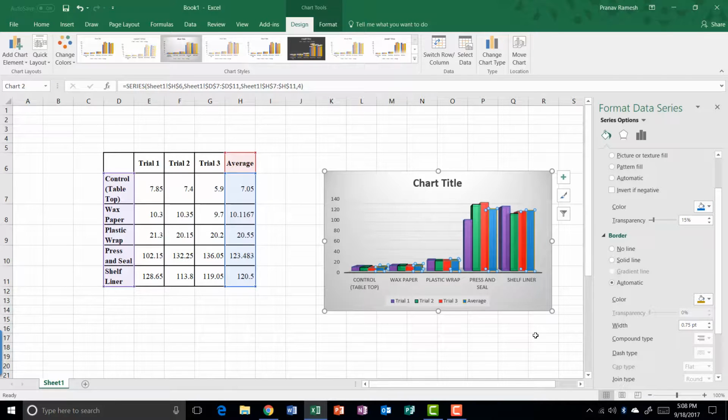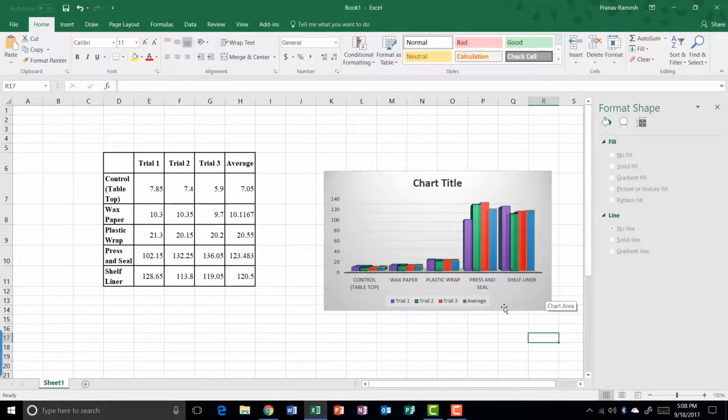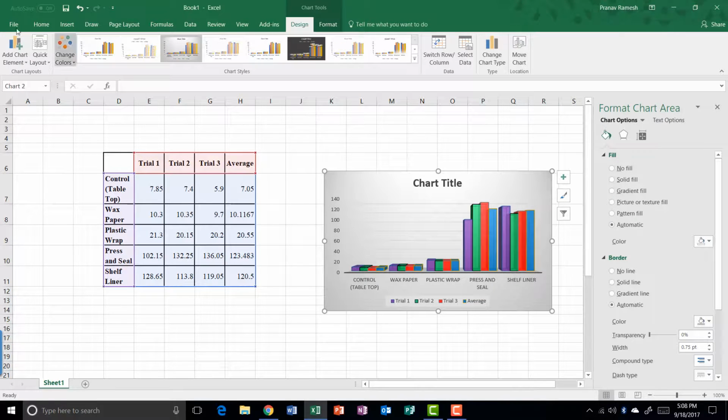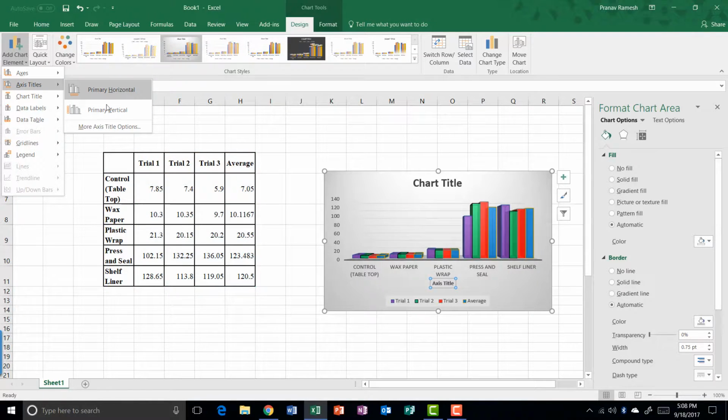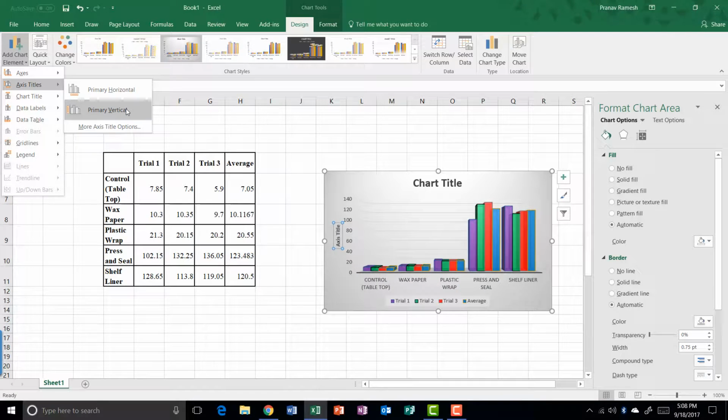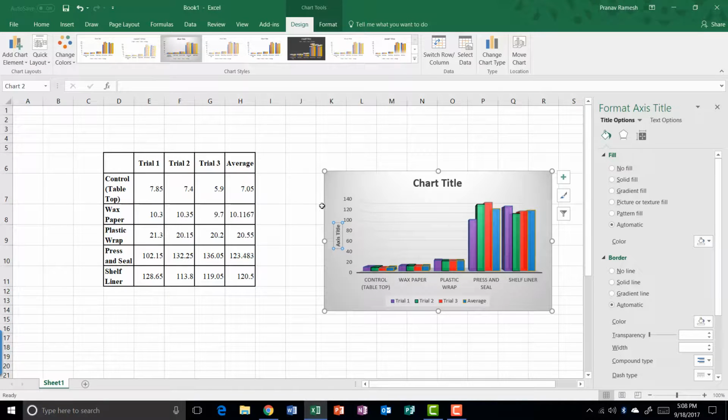Now once you're done with picking out your colors, you can add the axis labels. Select the chart and click on Add Chart Element. Hover over Axis Titles and choose one of these axis titles. I'll start off with the primary vertical. So over here now you can see there is an axis title and you can name it whatever you want. So I'll name it blank Y